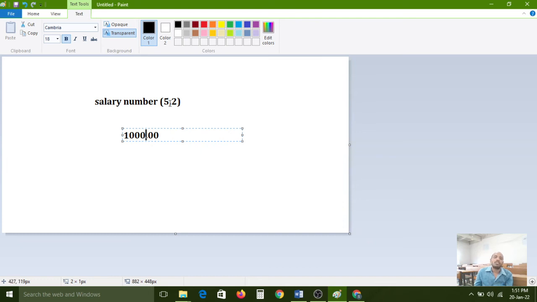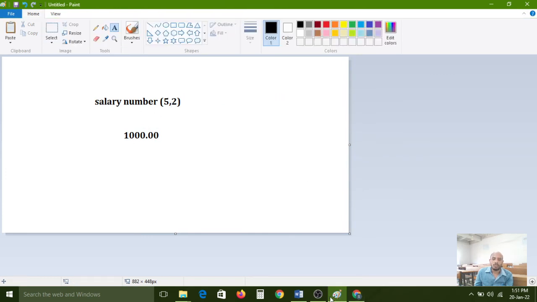So 5 is the size and 2 is the precision. Got it? Like that we can use it.